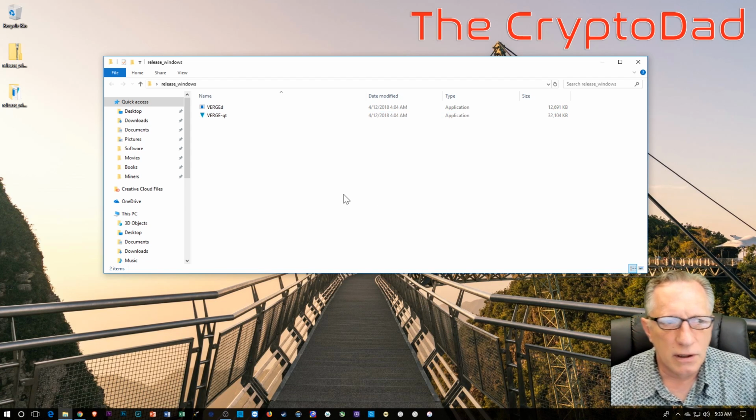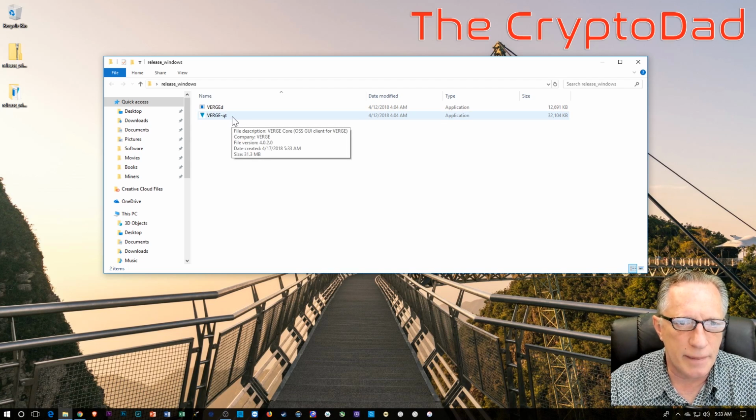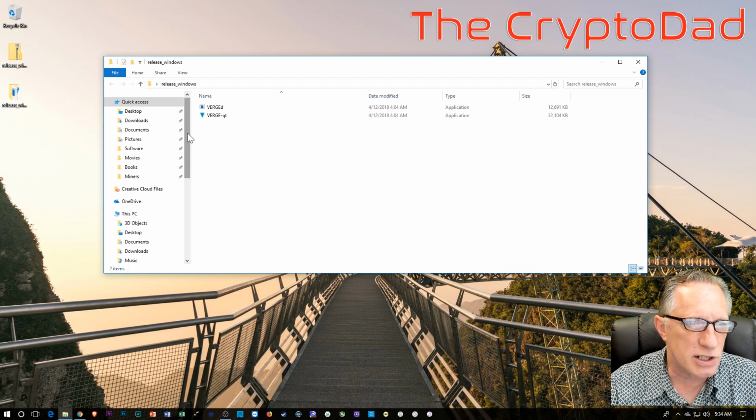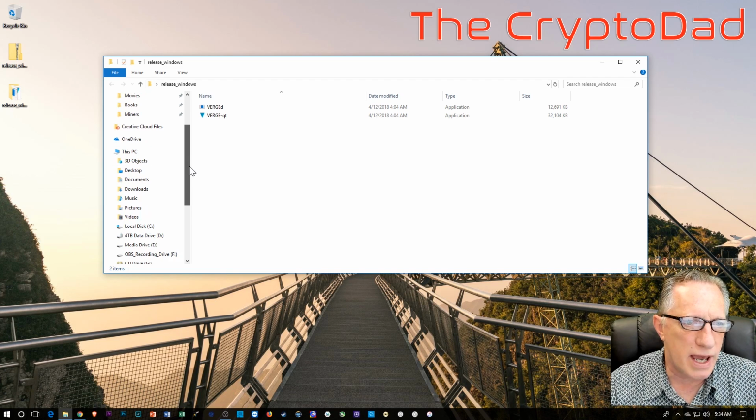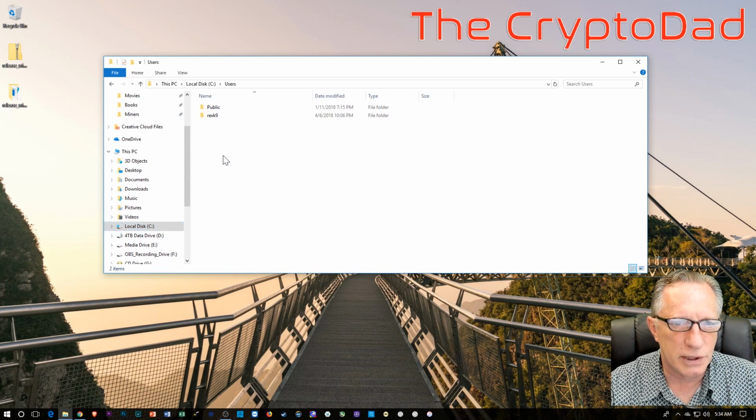Now, if you've never used Verge before, then you don't have to worry about upgrades at all. But if you have, you might want to just back up your current one. And there's always a folder that gets saved, even when you uninstall Verge. And it lives on your C drive, in your users folder. This would be your name,